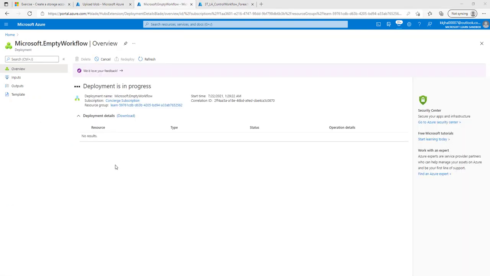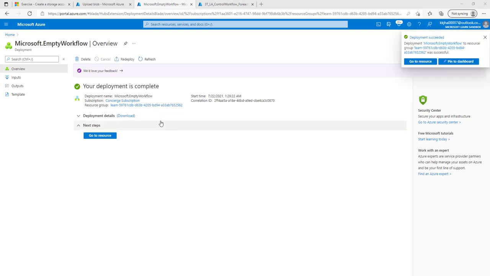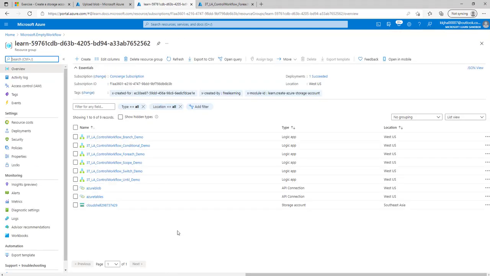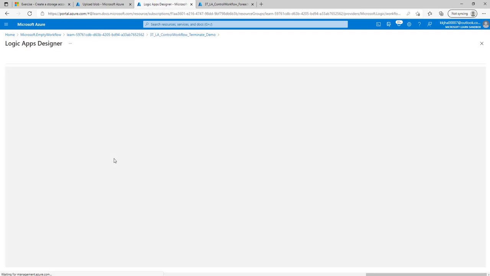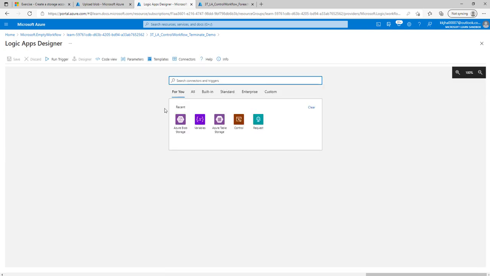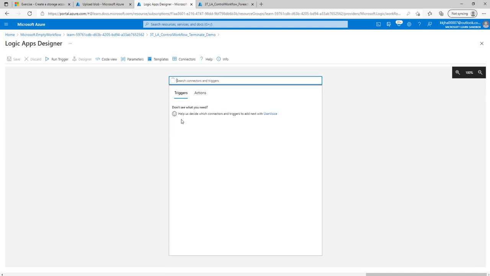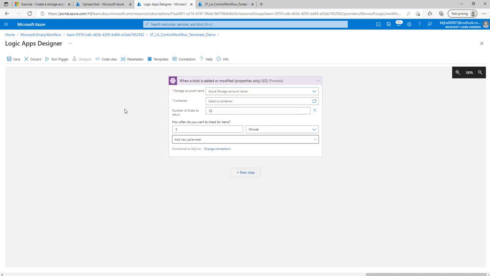So here our scenario will be, we will upload the file on Azure Blob Storage, and based on the file extension we will try to terminate, or we will try to process that file. So now let's open the blank logic app. We will use our connected Azure Blob Storage. Here we will upload the file, pass the account name, pass the container information,